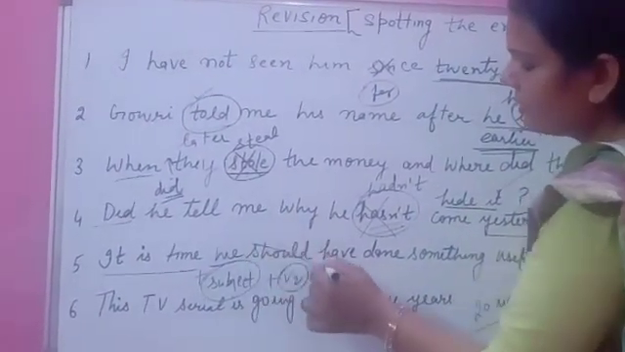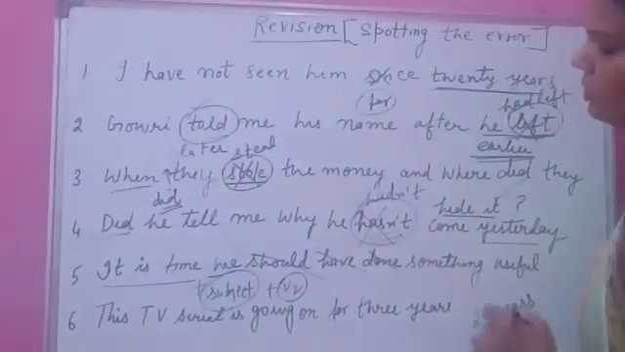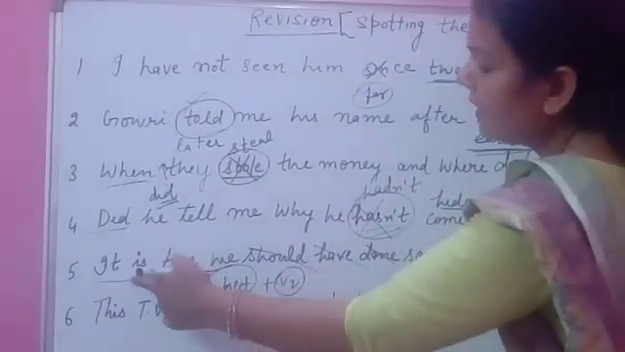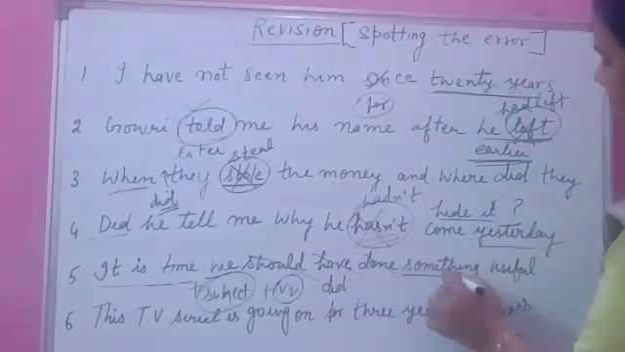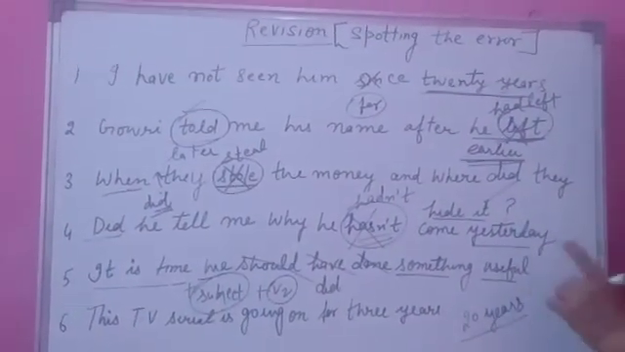That's why this form of the verb is wrong. You have to fill here: "It is time we did something else." Clear? The right sentence will be